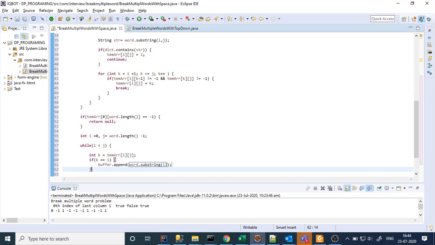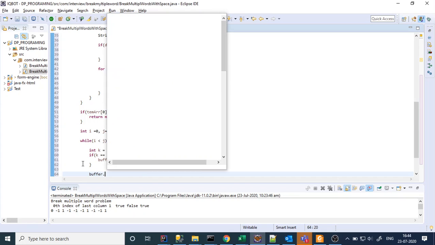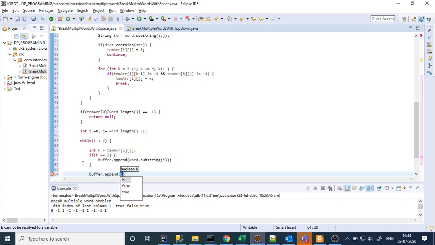It will start from the ith index from the last, right? If it will be the fourth, then fourth is after that end, right? Otherwise, in every iteration, buffer.append, here you have to write the start index and end index.